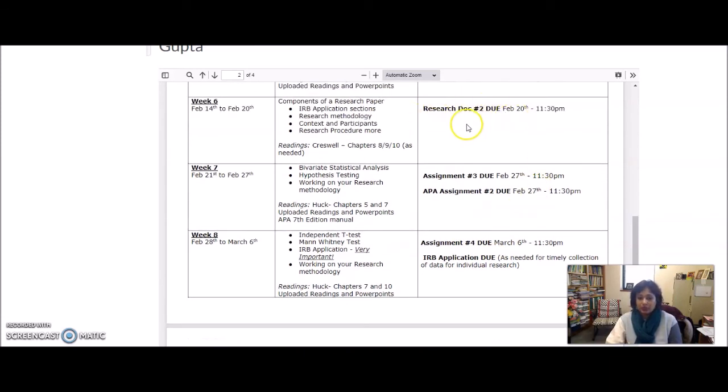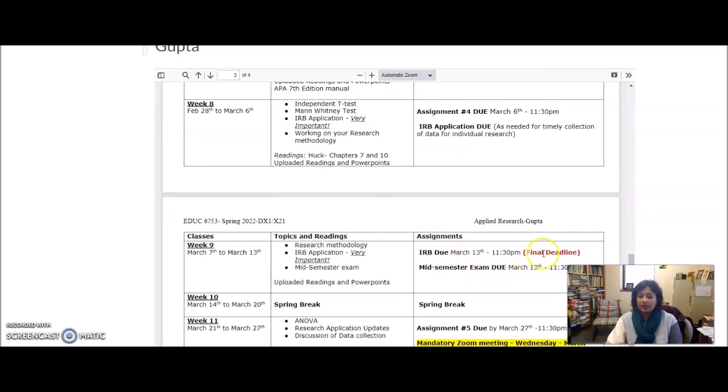Your research document too, you'll get feedback, and literally most of it is going to be a copy paste in your IRB application along with adding the other documentation that is needed. We are going to go through the whole IRB application in one of our class meetings also, the different sections. So you can obviously submit it before, and I will keep monitoring the Dropbox. However, the final deadline is